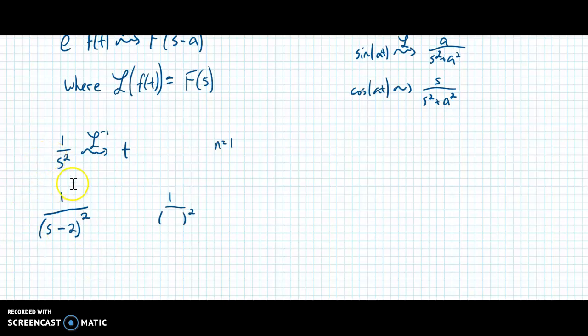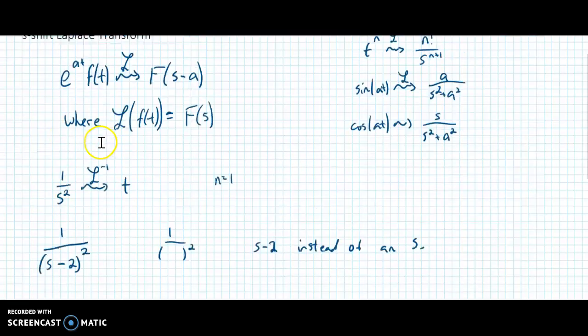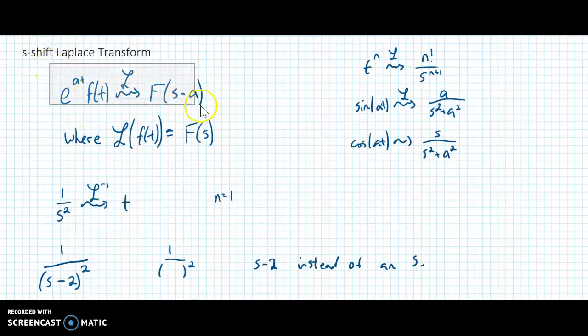So it actually takes the same form as this one right here. But where instead of having an s, it's got an s minus 2 instead of an s. So this formula up here, I'll copy it,